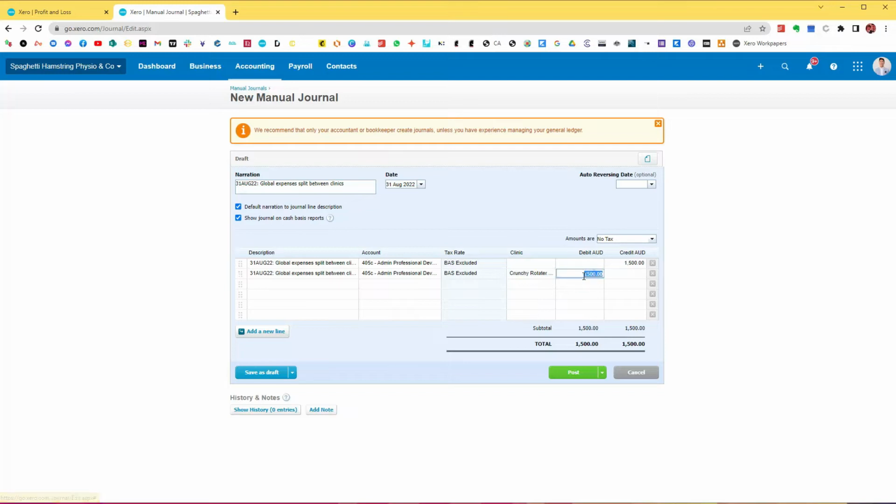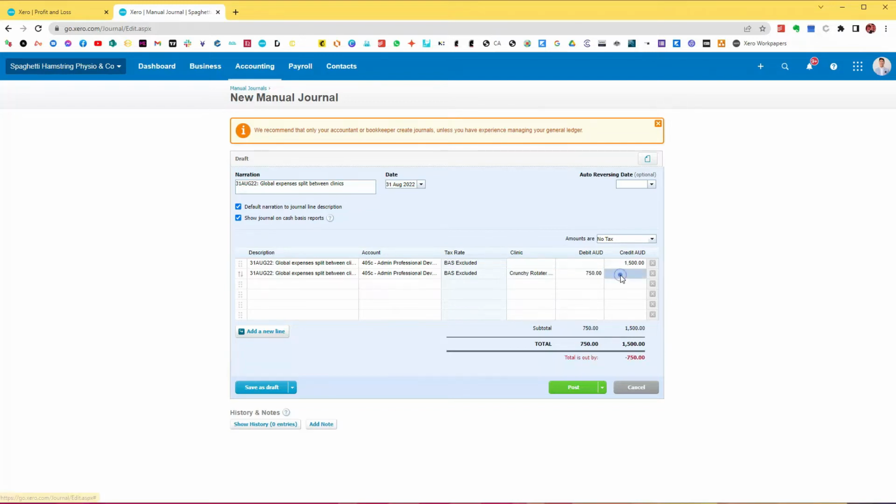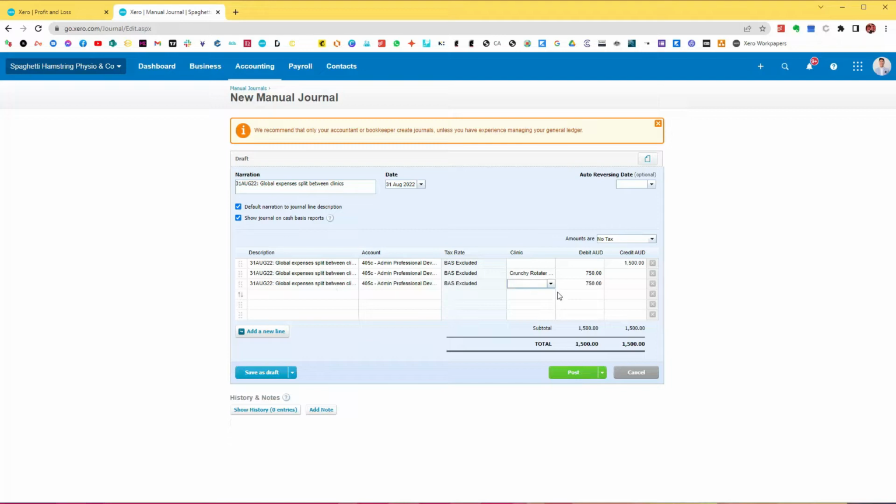So in here, I simply put 1,500 divided by 2. And Xero will do a calculation for us. And I'll just repeat this process for Niggly Knees Are Us. There we go. So essentially what these three lines do is the first line reduces the admin professional development costs